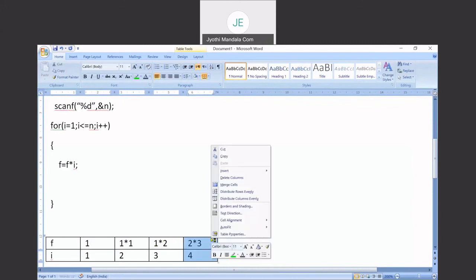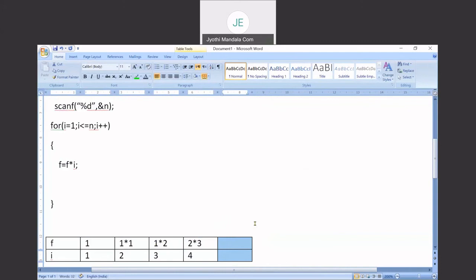I'll add 2 more columns. Now the i value will be incremented to 4, and you will be getting a value of 6 star 4, and the i value will be incremented to 5. Yes, 5 is less than or equal to 5. Still, you will be getting 24 multiplied with 5, and you will be getting the i value as 6.